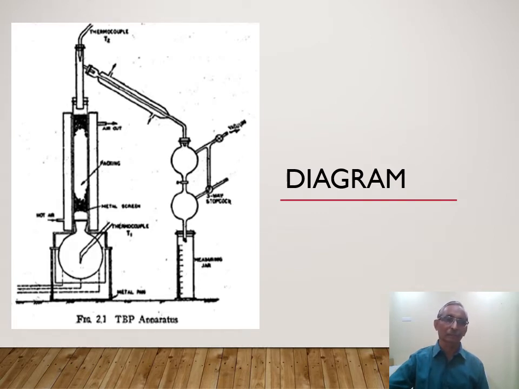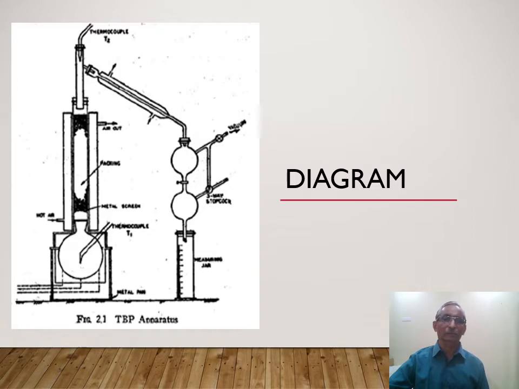As you have studied simple distillation in mass transfer, we have knowledge of distillation, which consists of a reflux arrangement. But this is a fractionating column, a very long tube, packed bed. So no reflux is required because the rectification is already done. There is no need to purify the fractions again. That is why deciding the rectification column height is very, very important. Whatever vapors condense, you have to report that temperature, and how much quantity you collected at that temperature is also an important point in this apparatus.